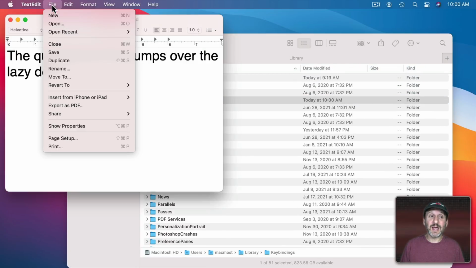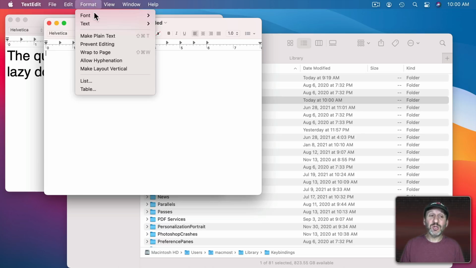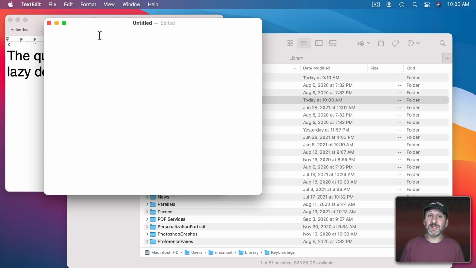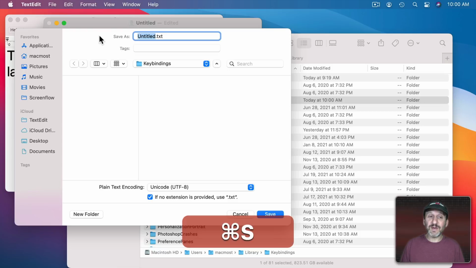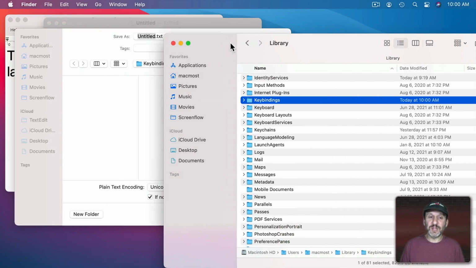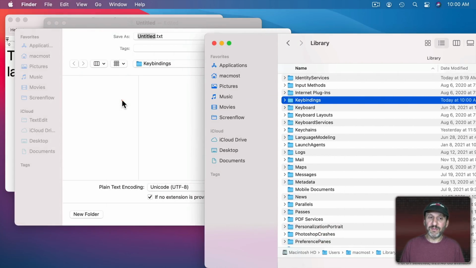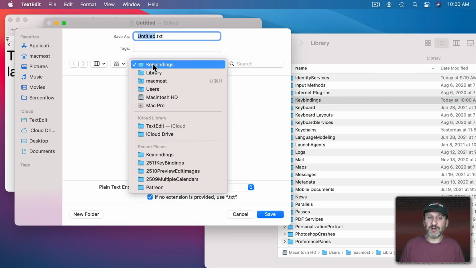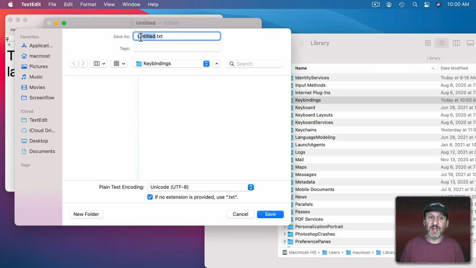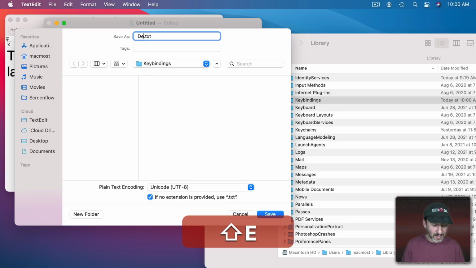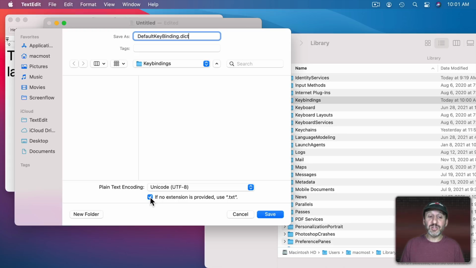Then in this folder we need to create a text file. I'm going to go back to TextEdit, create a new document, make sure that document is set to plain text. So now it's a plain text document. I'm going to save it, and to save it into the folder the easy way to do it is to drag and drop the folder into the Save dialog. That jumps right there. So make sure you're saving it to Library Key Bindings. And then you need to name this exactly Default Key Binding. And then the extension should be DICT. Exactly like that. Make sure you uncheck the use .txt there because you don't want it to be .dict.txt.